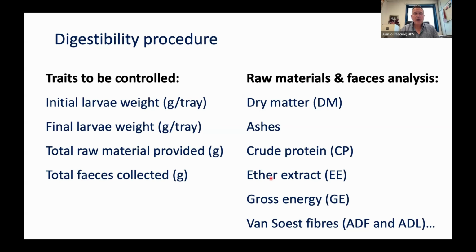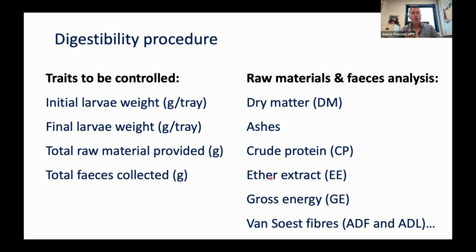Related to the trays to be controlled, I recommend controlling the initial and final weight of the larvae in order to ensure that the trial goes at the right weight with good growth. Of course, the total raw material provided and the total feces collected, in order to determine the digestibility of dry matter. And then we need to analyze both the raw materials and the feces for those nutrients